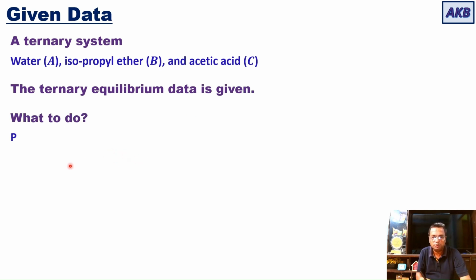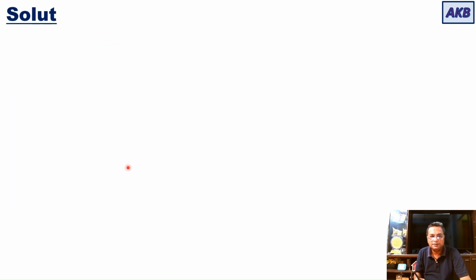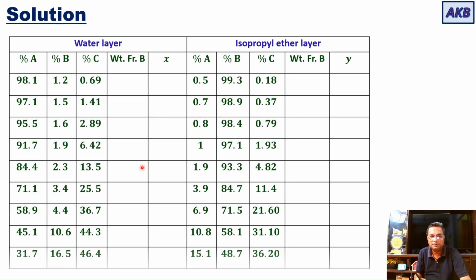And what are we supposed to do? We are going to plot the binodal solubility curve on rectangular coordinates. So let us do that. First of all, let us solve the numerical. First of all, we will get the data that is required to plot the binodal solubility curve